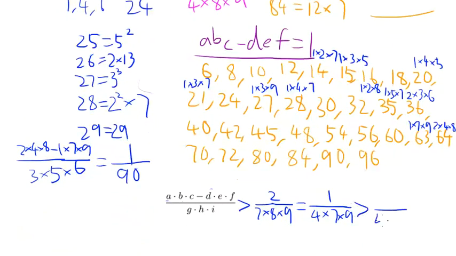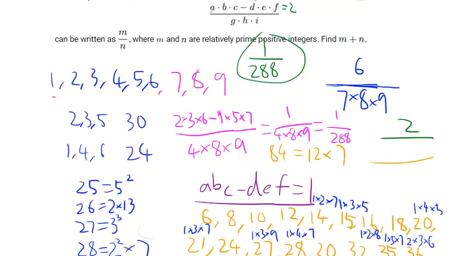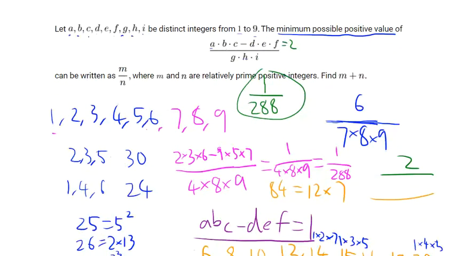Definitely greater than 1 over 4 times 8 times 9. And look, if this thing is equal to 3, we will get even greater than that. So yeah, the minimum possible positive value is definitely 1 over